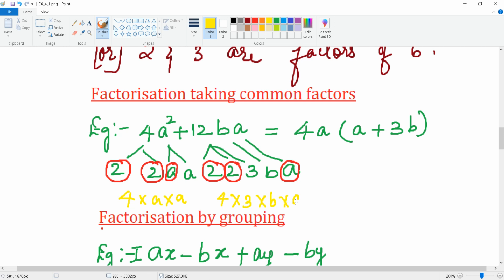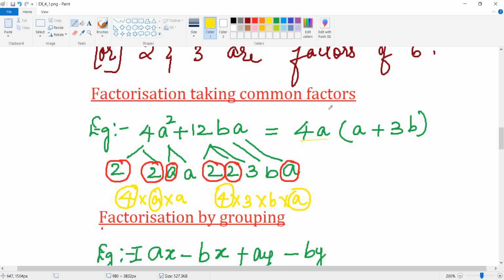So now in this, what all are common here actually? So there is a 4 which is common, right? There is a which is common. And do you think there's anything else which is common? No, because see, there is a over here, but we don't have a over here. And here we have a 3 and a b, but here we don't have 3 and b. So 4 and a exists in both of them, right? So I write 4a like this, okay?